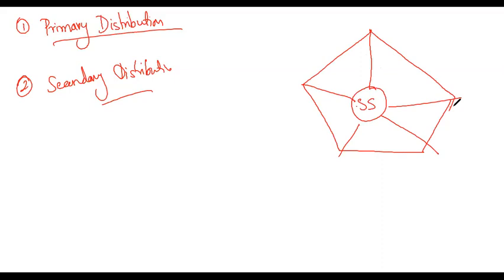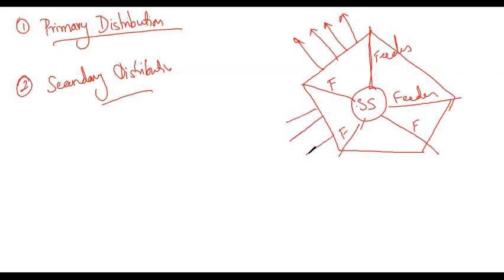Okay, so from the substation you have the feeders. These lines I have drawn here are the feeders. Next, this one is also a feeder. Let me highlight it by F and F here. From each feeder you will have the service mains, so from the distributors you'll have the service mains connected this way. These are the service mains connected from each part of the distribution network.